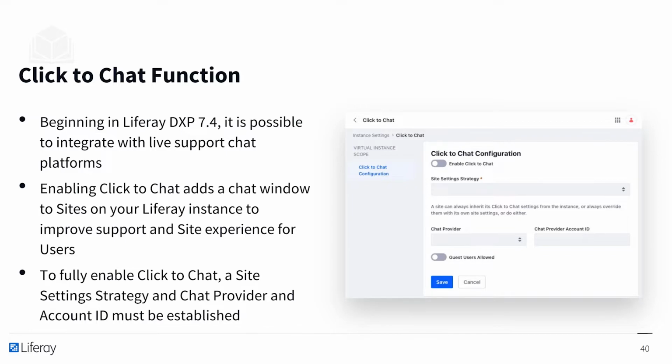Enabling Click-to-Chat adds a chat window to sites on your Liferay instance to improve support and site experience for users. To fully enable Click-to-Chat, a site settings strategy and chat provider and account ID must be established. You can also determine whether guest users can use Click-to-Chat or not. The Mondego Group adds Click-to-Chat on its banking and investment sites, allowing the customer support team to quickly answer users'